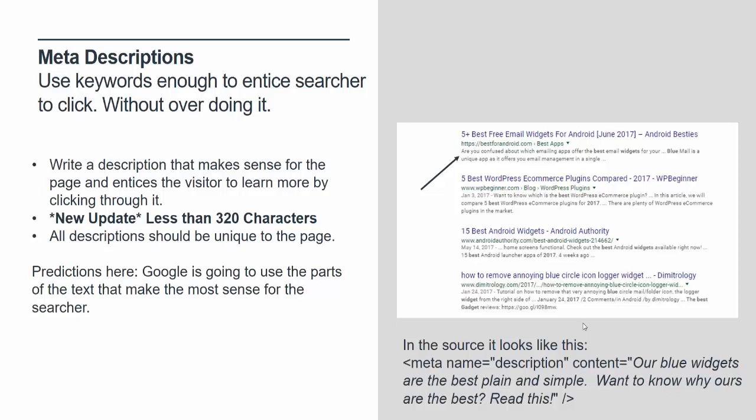Now, just based on observation, it looks like what Google is really doing with these descriptions is, whenever you or I search something online, Google's taking part of your description that's most relevant to what has been searched to create better results. And I think you could still use that to your advantage.